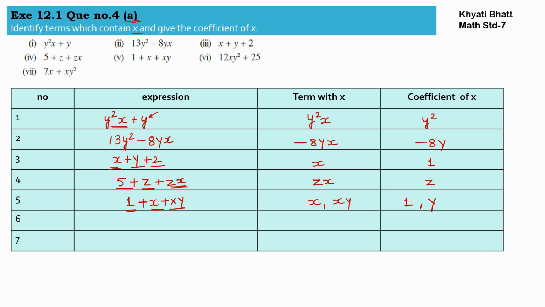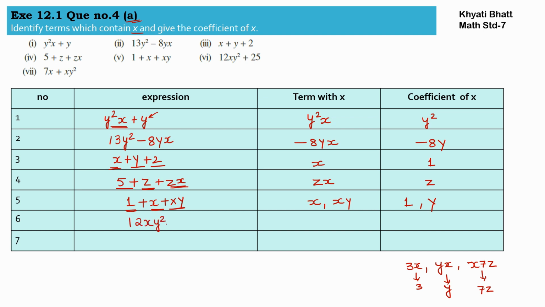If we are writing like 3x or yx, or 7zx, in these three terms, what will be the coefficient of x? Here 3 will be the coefficient of x, here y will be the coefficient of x, and here 7z will be the coefficient of x, because these are multiplication products. Whether you are writing at the front or at the back, the answer will remain the same. Sixth one,